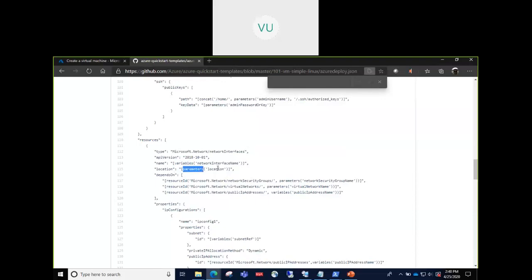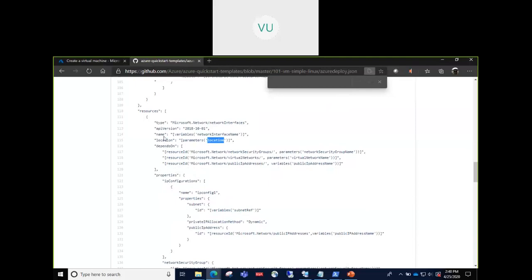Then for location, we are using the parameter location here, and this resource is the network interface type. In one of our sessions, we did discuss about ARM template being idempotent, and that it can orchestrate creation of different resources. So this is how it does it.